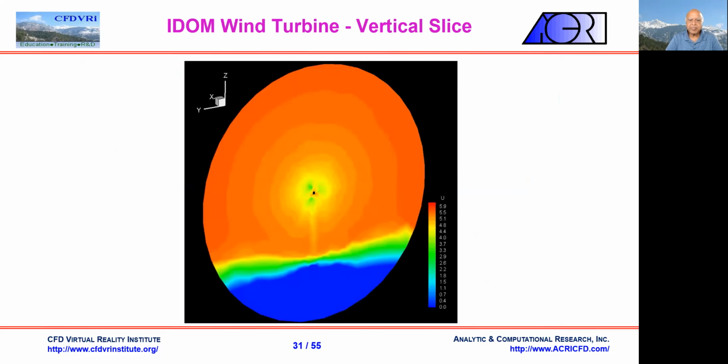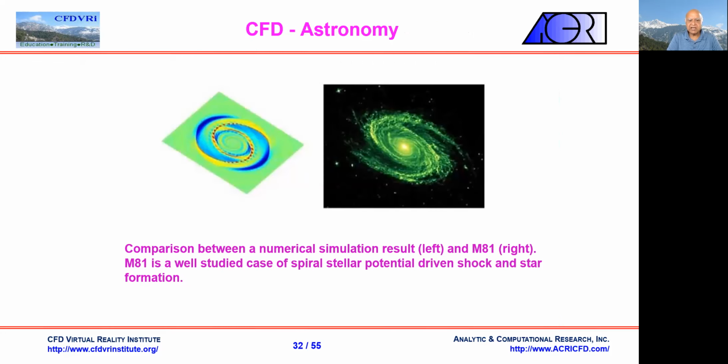vehicle. This is the case of a wind turbine. Wind turbines are playing an important role in renewable energy, and how many turbines to place, how far, at what density, what speeds, and how the energy should be generated so they don't interfere with each other is an important question. And this question was studied through wind turbines. The case of a comparison between a numerical simulation and a